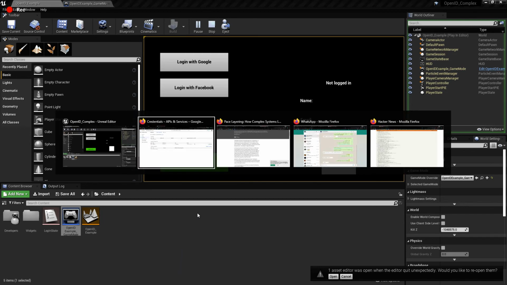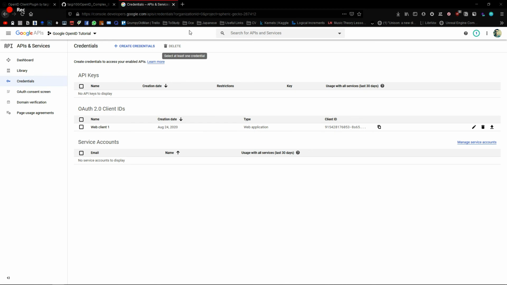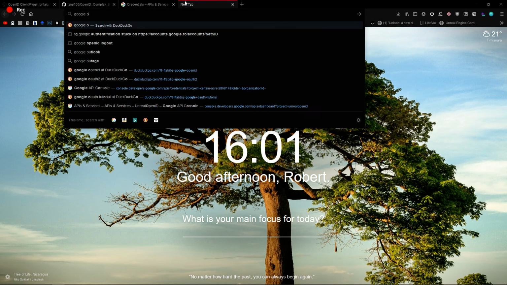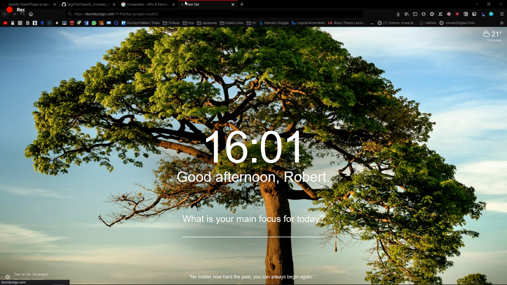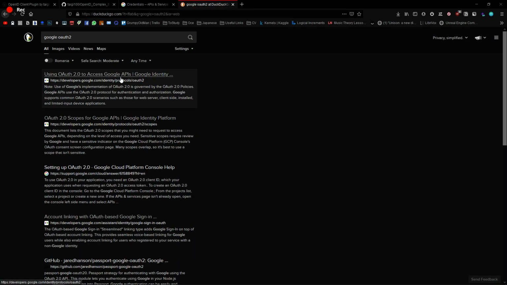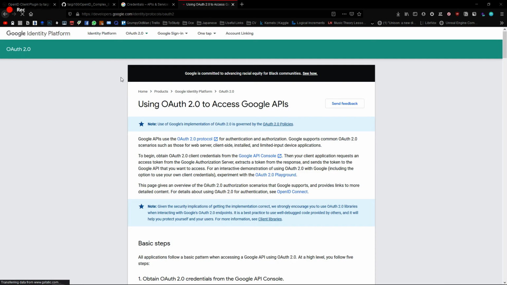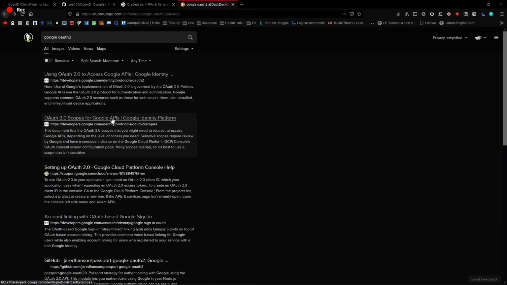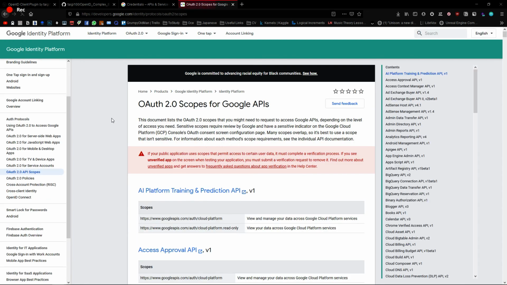If you require more information regarding how this all works, you can Google OAuth 2. And here you're going to find Google's documentation on how OAuth works. You can also find the scopes.